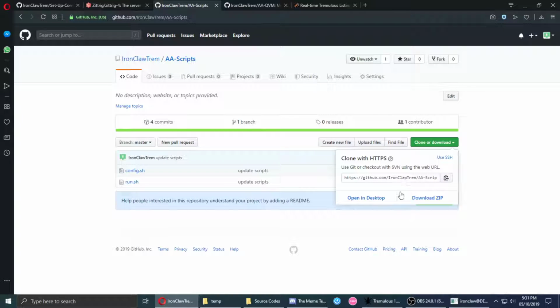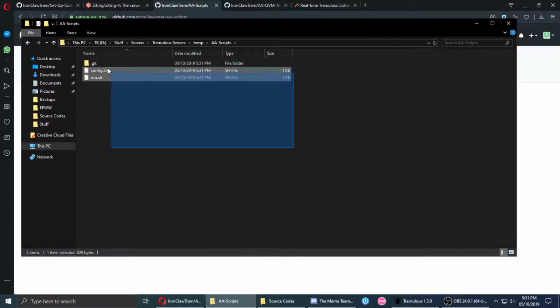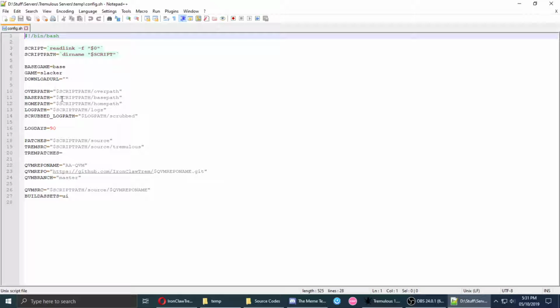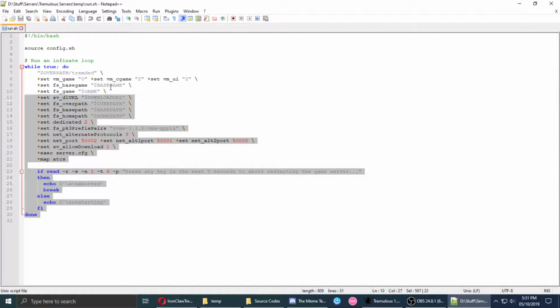You don't need to use git clone, you can just download them. I just prefer to use clone because it's easier. So I'm going to copy these scripts out, delete. In config, you don't really need to change anything except from the game, which we'll go through in a minute. These are the run scripts that my own personal server uses, so you might want to customize them to your